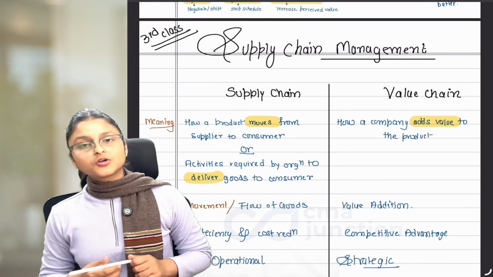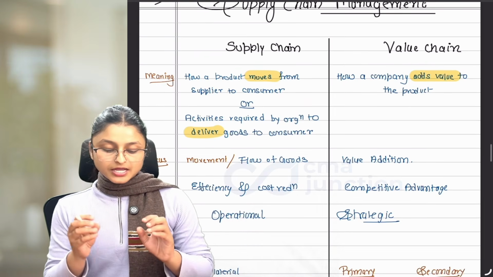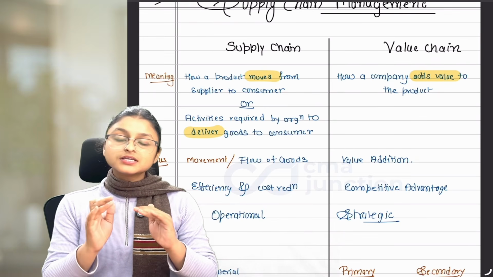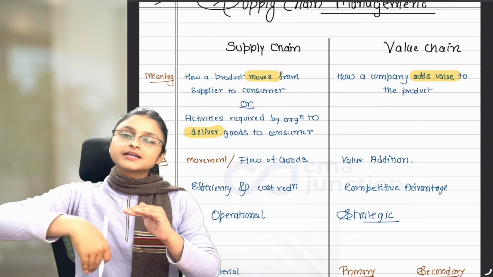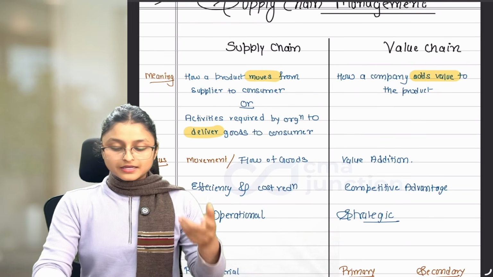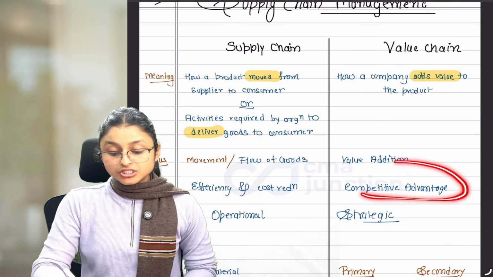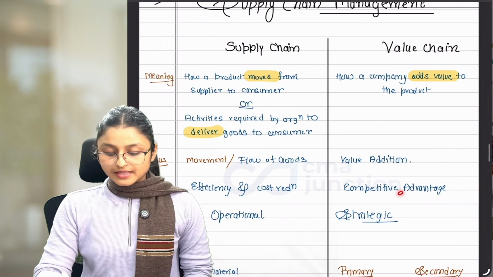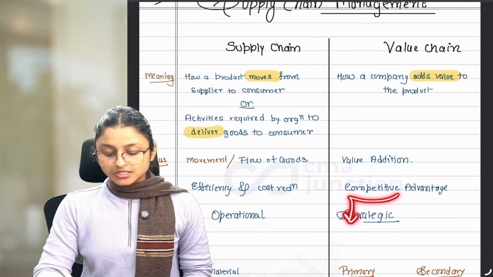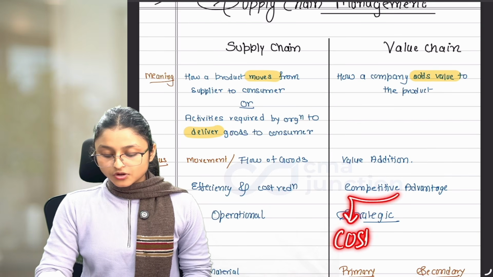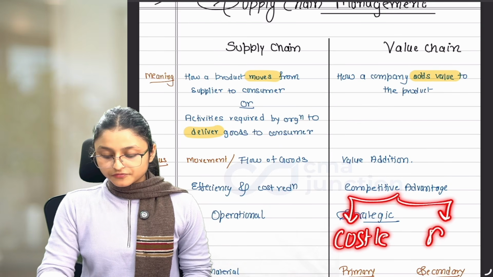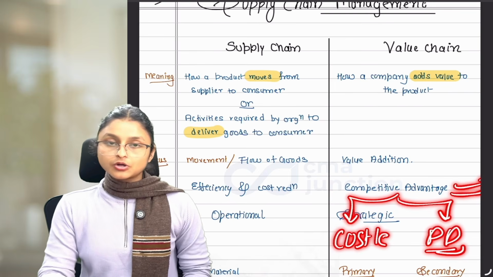Next, we understood about objective. So in supply chain, our main objective is efficiency, increasing the efficiency and reducing the cost. In value chain, our main aim is to achieve competitive advantage, and that is why with the help of value chain analysis, we are able to achieve cost leadership or product differentiation, which helps us to achieve the competitive advantage